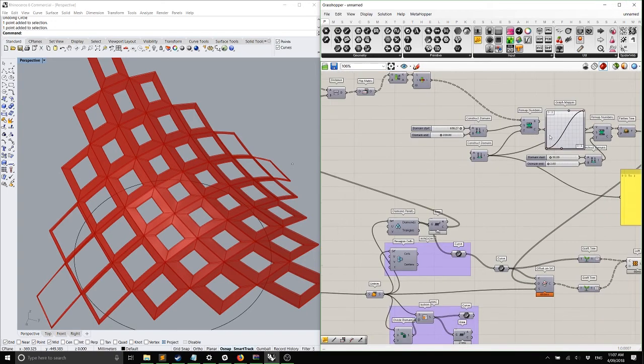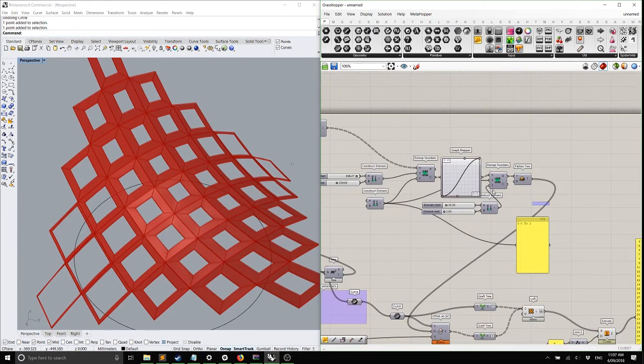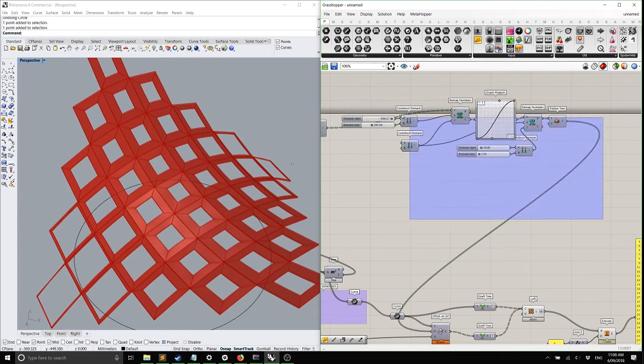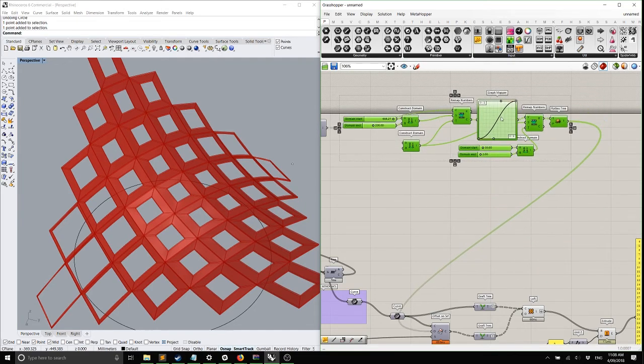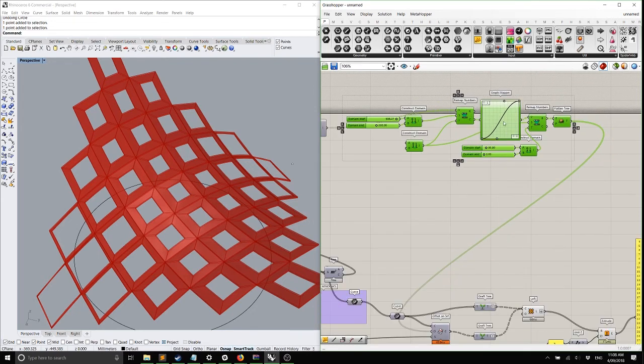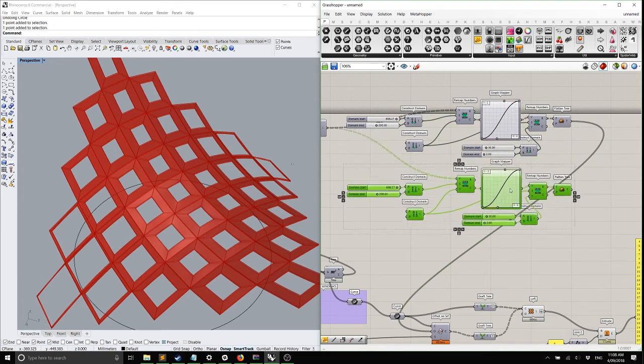Okay, so we've made this attractor script, right? We can actually reuse it if I hold shift. If we copy and paste this section here, you can choose how much you want to copy because you might want to maintain variables from this. But if I copy and paste this,